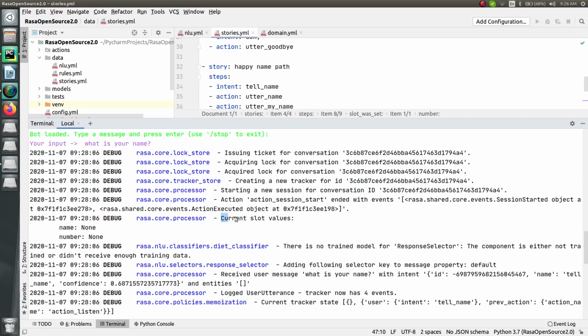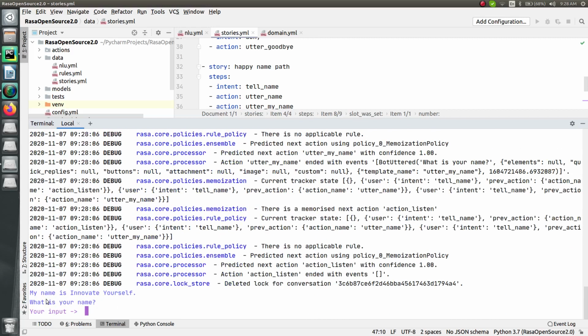It is saying current slot values, name is none and number is also none, which means now we have two slots which we just added, and now it's time to verify whether these slots are getting filled or not. So for that, let me just enter the next value, like my name is Innovate Yourself, and what is your name? So let's say my name is Ashish.